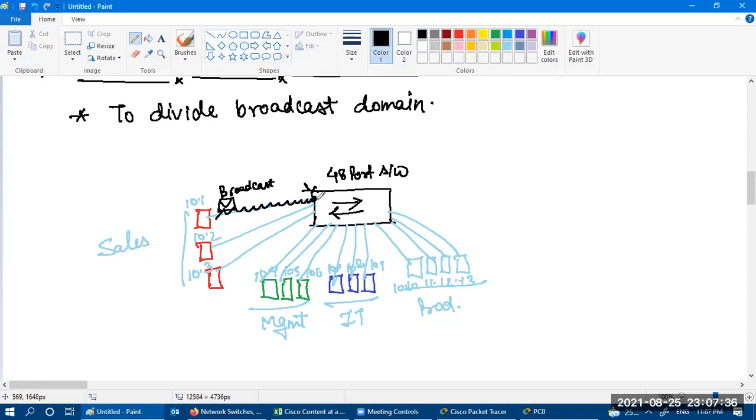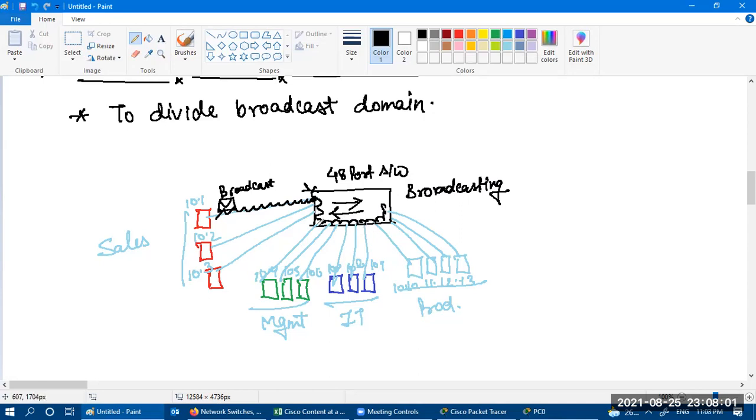So your switch broadcasts it to all of them, to all the users which are part of that particular domain.